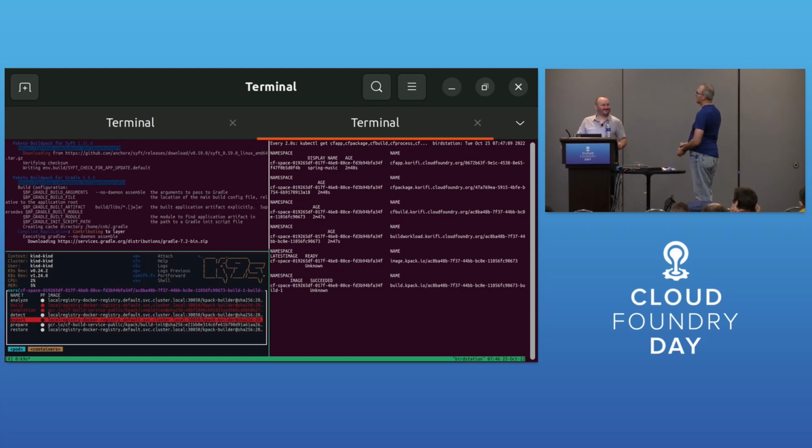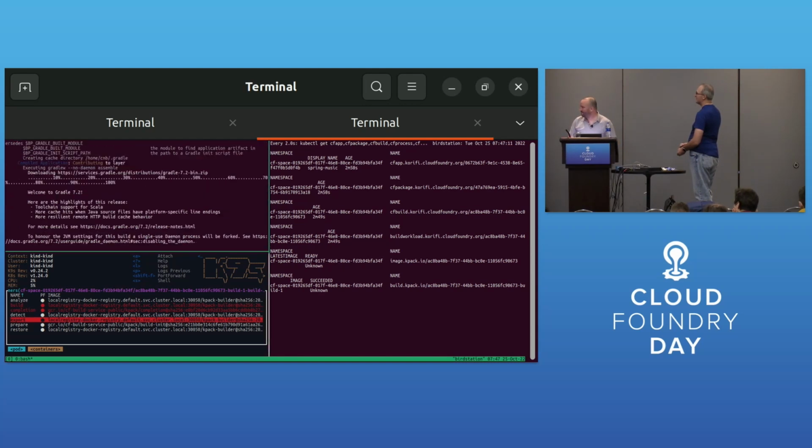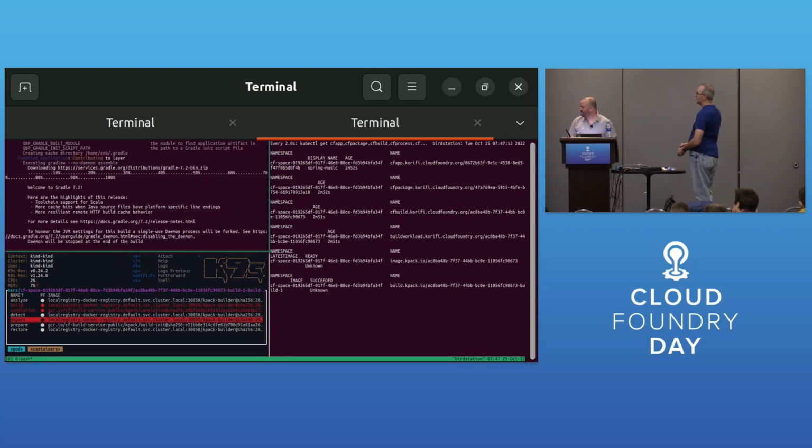Is it worth looking at just going through the CF app, CF package, CF build, or you're almost there now, I think? I mean, we could. Maybe make the font bigger if you can maximize. You can zoom in on a particular frame, right? Ooh, yeah, I don't know about that.